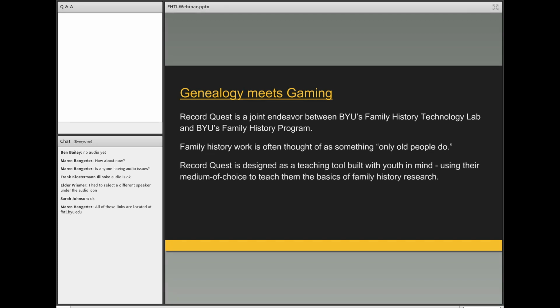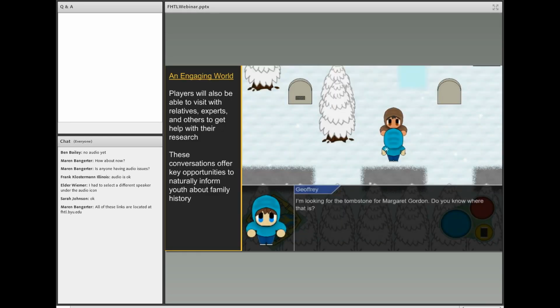And again, if you have a family reunion or something, maybe young people are going to think that this is really boring and it seems like it's a bunch of old people that are talking. And so Record Quest was an attempt to get young people involved in family history and to help them to see that